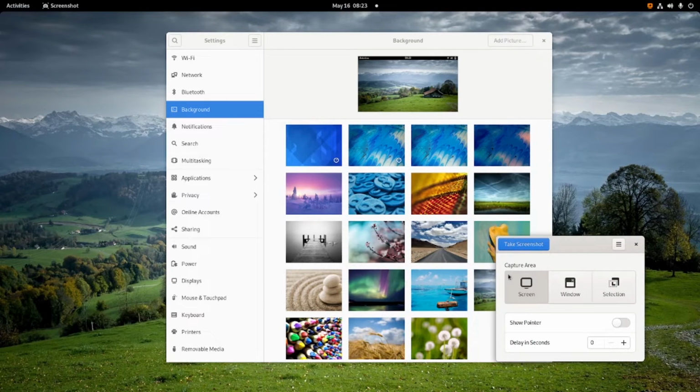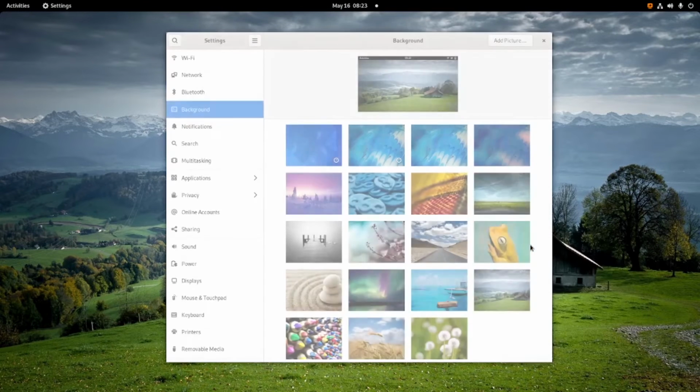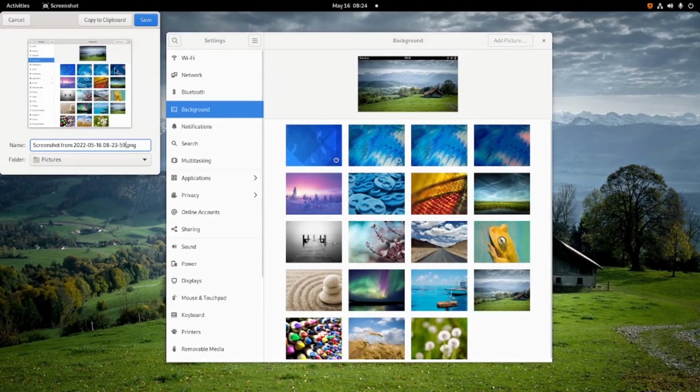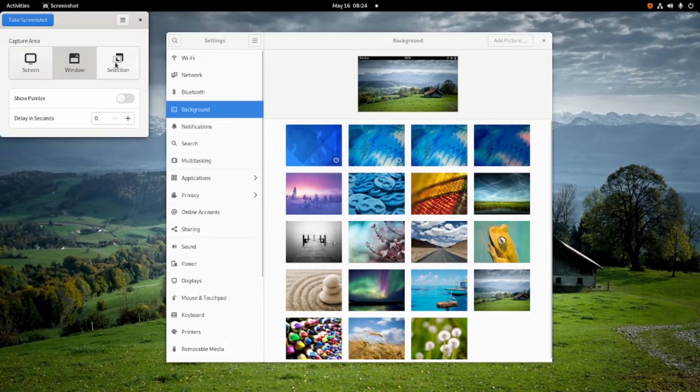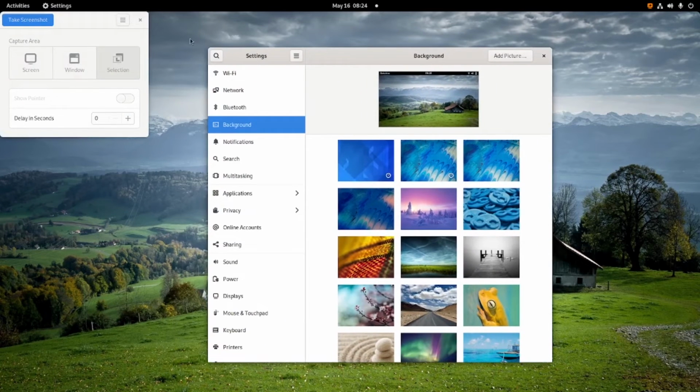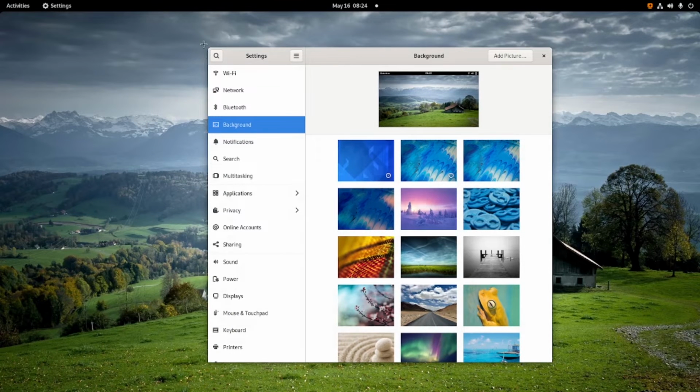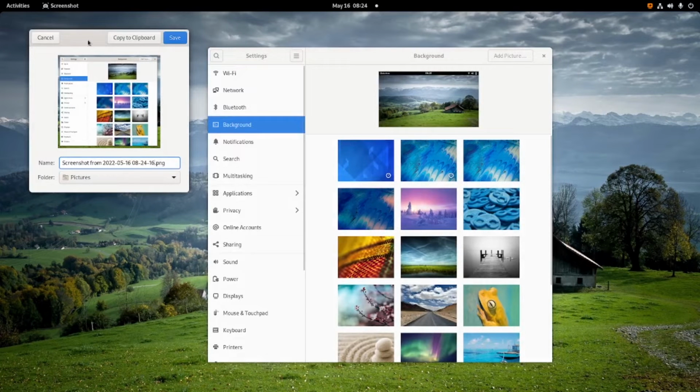We can screenshot all of the screen like this, or only a particular window. I will try. Okay. And selection, we can select like this.